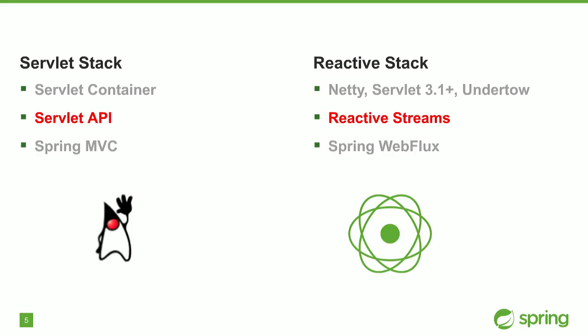Now, the Servlet 3.1 API does have a non-blocking I/O option. But if you use it, it's sort of a binary fork in the path. You are either using the synchronous parts of the Servlet API, or you're non-blocking. So you can see here on the left and the right, we have two different stacks in Spring 5. On the left is the Servlet stack, which is a traditional Servlet container, Servlet API, Spring MVC. And then on the right, we have Servlet 3.1, but also other runtimes like Netty and Undertow, which we're using through native APIs. And we've built a sort of an HTTP I/O layer on top of that with the help